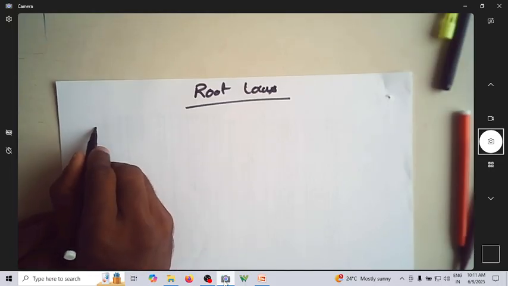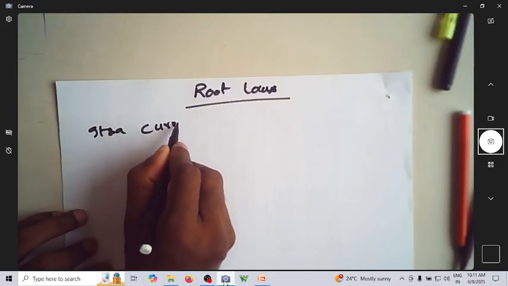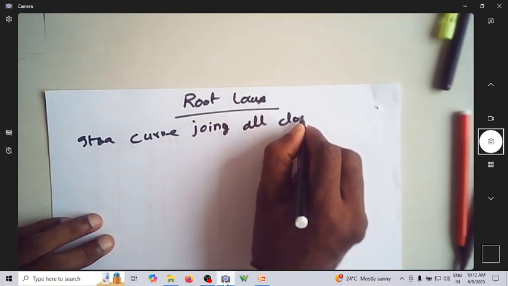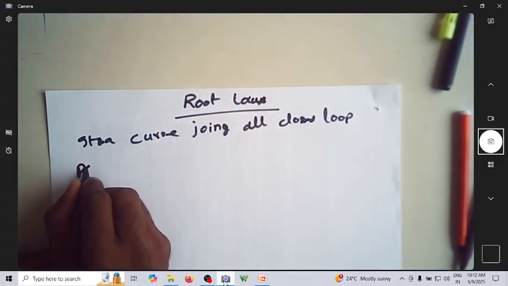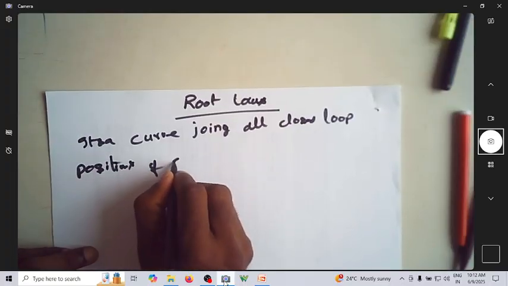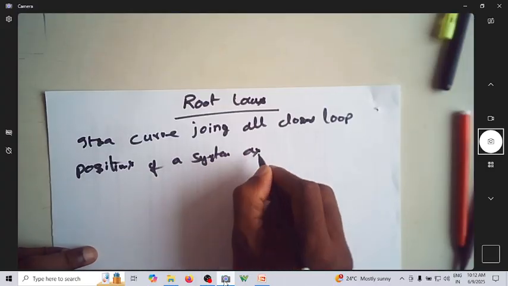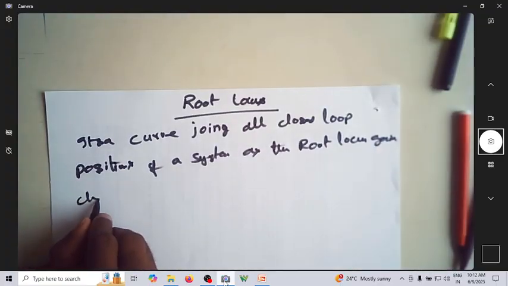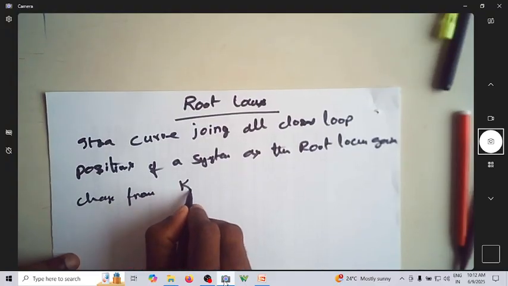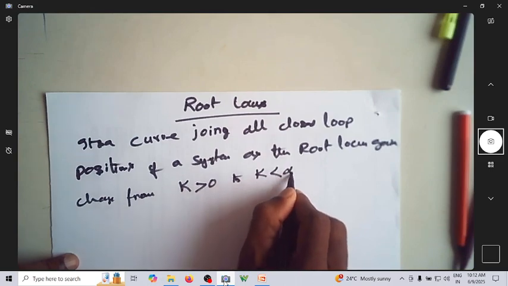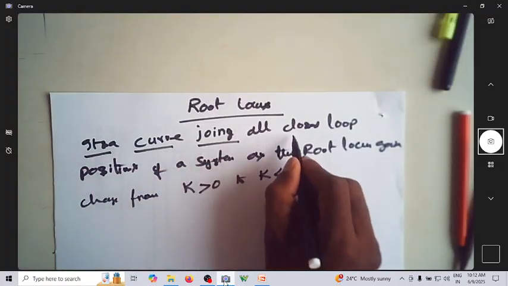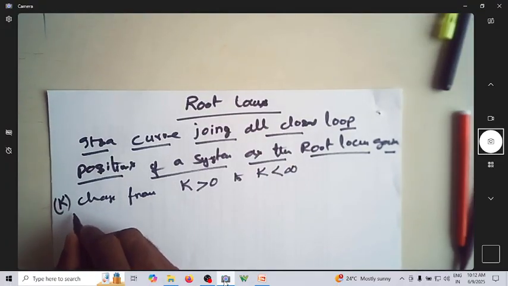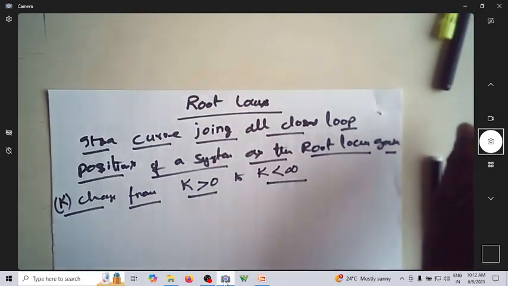Root locus is nothing but a curve joining all closed loop pole positions of a system as the root locus gain K changes from 0 to infinity. It's a curve joining all closed loop pole positions of a system as the root locus gain K changes from greater than 0 to less than infinity. Meaning,